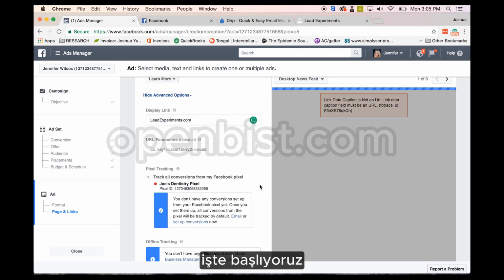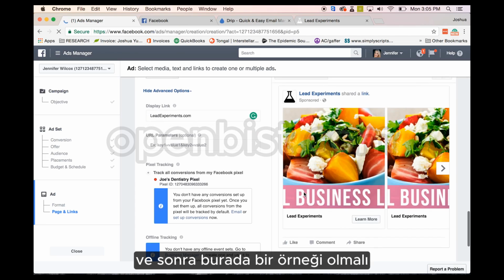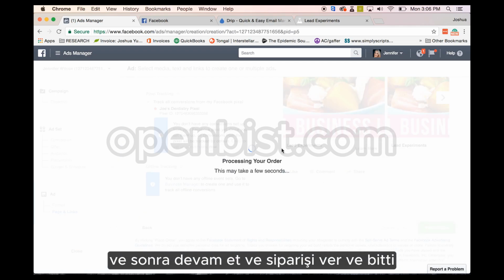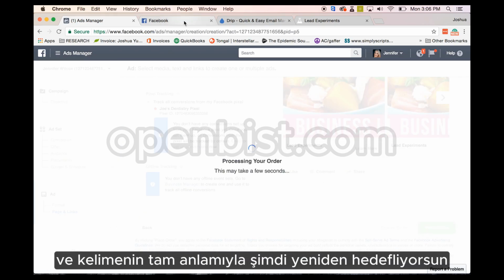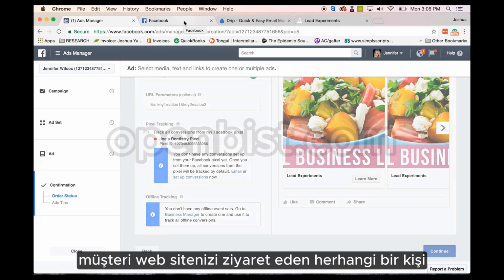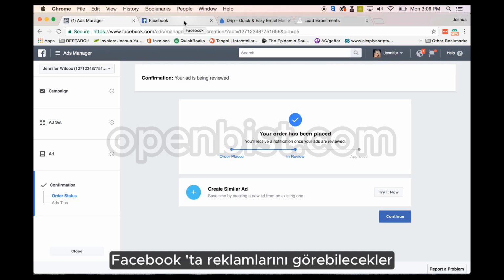There we go. And then it should have an example here. And then you just go ahead and place the order and it's done. And you're literally retargeting. Now you're going to be able to retarget any person who visits your customer website. They're going to be able to see their advertising on Facebook on their newsfeed.